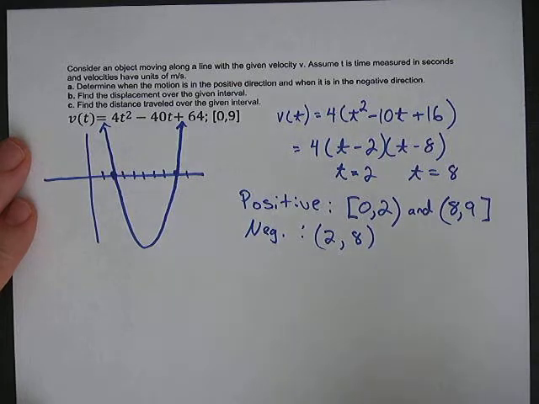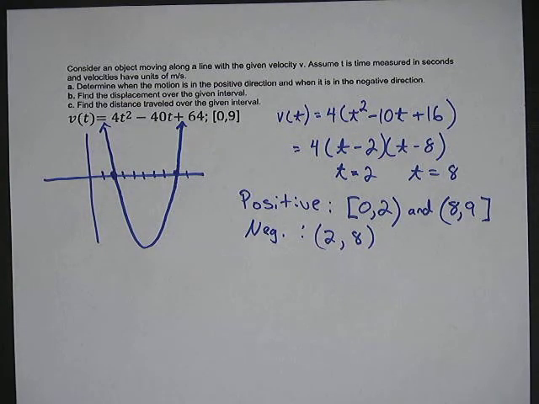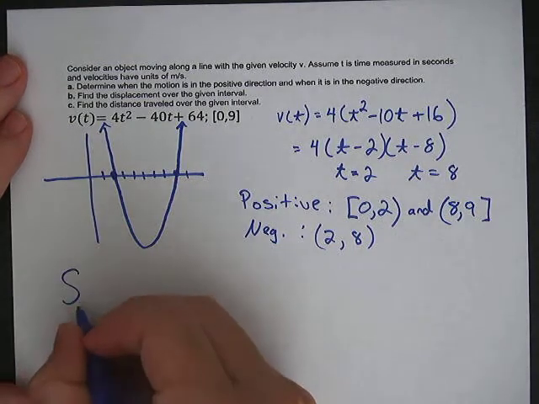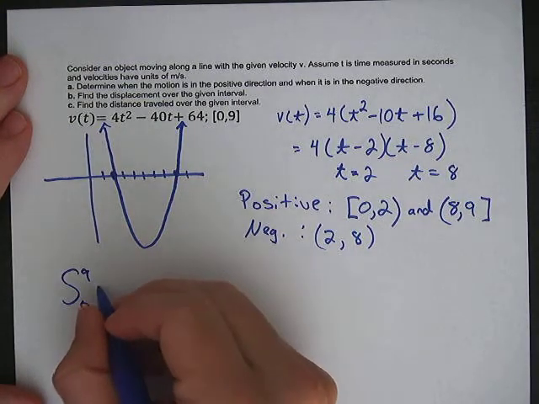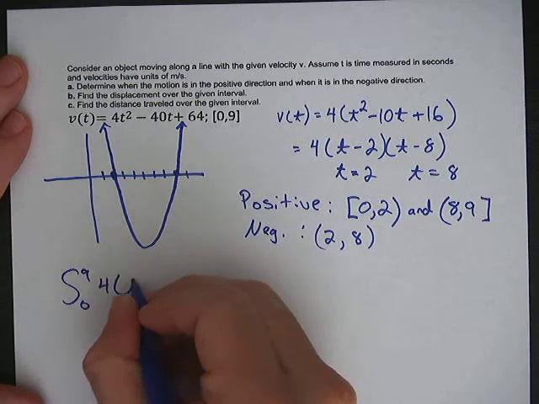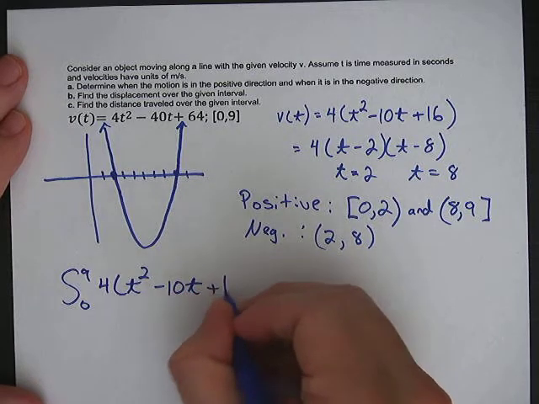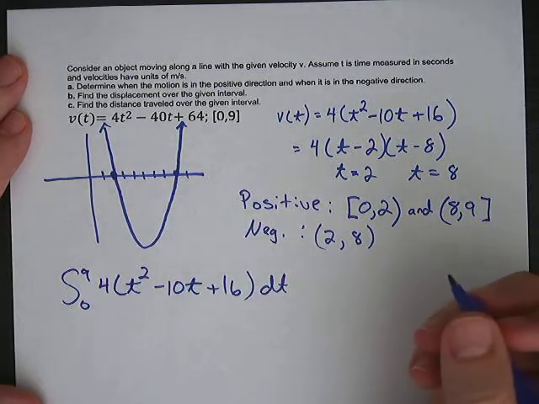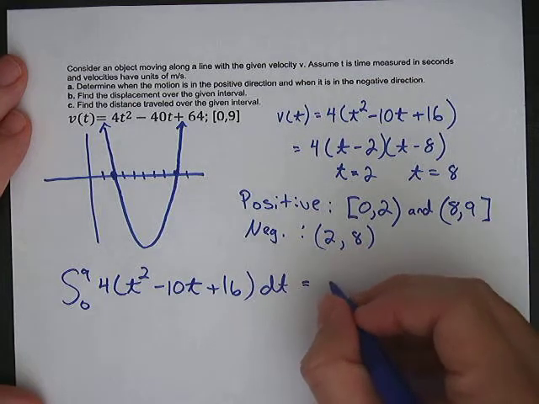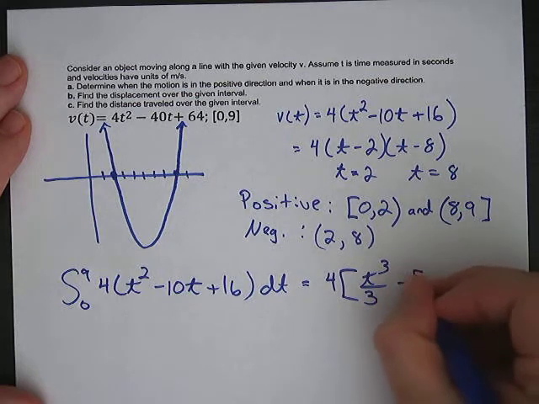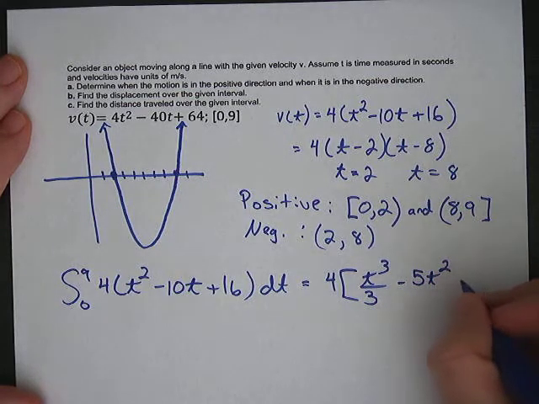Okay. B, find the displacement over the given interval. Okay, to find the displacement, we simply take the integral of this thing. We don't have to worry about where it's above the x or t-axis or below. We just take the integral. Okay, so we're going to take the integral from 0 to 9 of 4 times (t squared minus 10t plus 16) dt, so with respect to t, and that's going to turn into, let's factor out the 4, t cubed over 3 minus 5t squared plus 16t